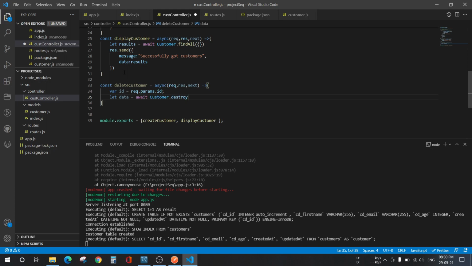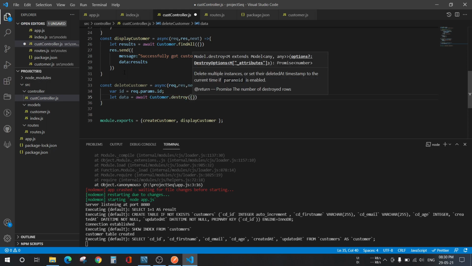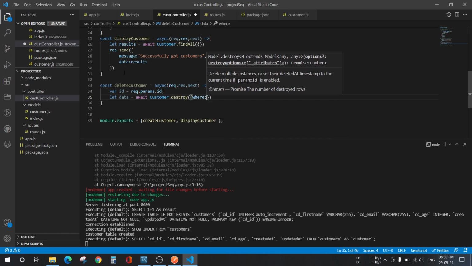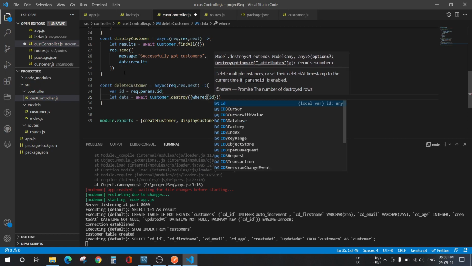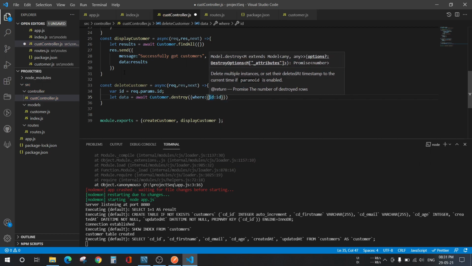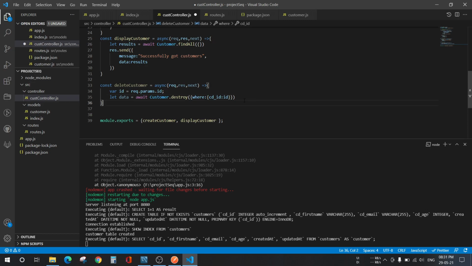So destroy is the method in Sequelize we use for deleting anything, where id equals to id. So in our table we have defined id as cd underscore id. So it will be the same thing which we have given the name of the attribute in the table.